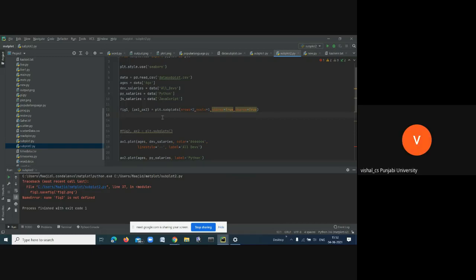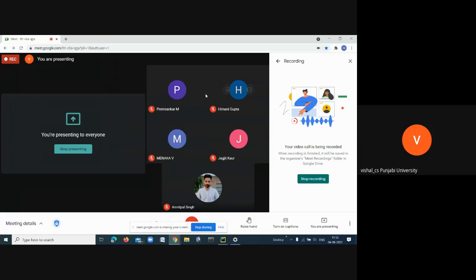In subplots, we can plot two figures into one, but in plot we can't do that.